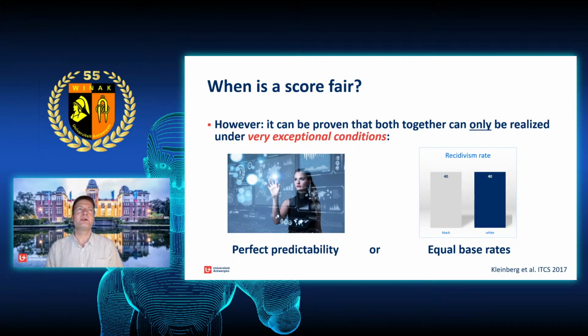Then I think that it is still a good idea to use algorithms in these contexts in order to support the human that has to take the decision. And the reason is exactly this: the better your predictions are, the less worse your trade-off between the different types of fairness will become. So if you can train a machine and the machine makes more accurate decisions, then based on these more accurate decisions, you may get a better trade-off between fairness and unfairness.